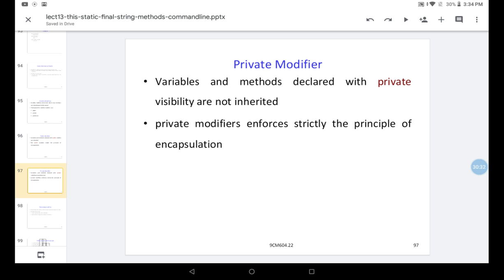If you declare something private in the base class, those variables or methods cannot be inherited. So the private modifier strictly enforces the principle of encapsulation. If you use the private keyword, it strictly restricts the data from being shared with other classes. That means it provides full security of data.